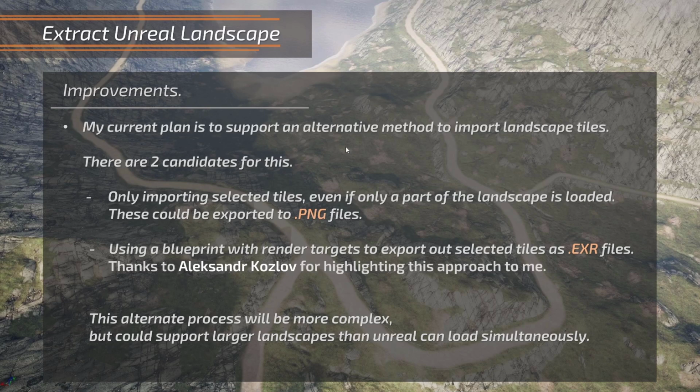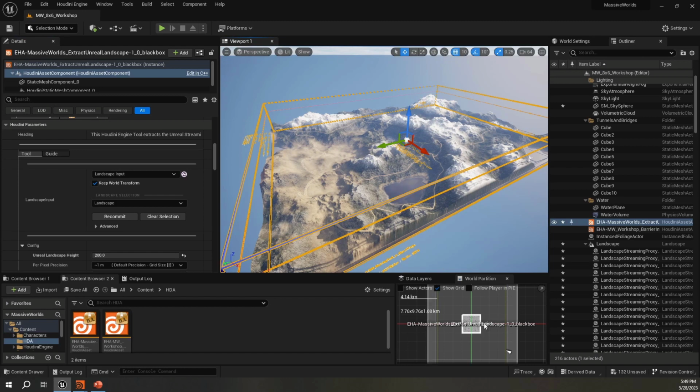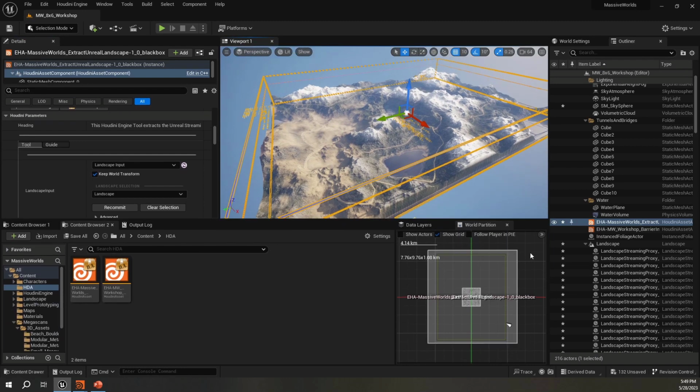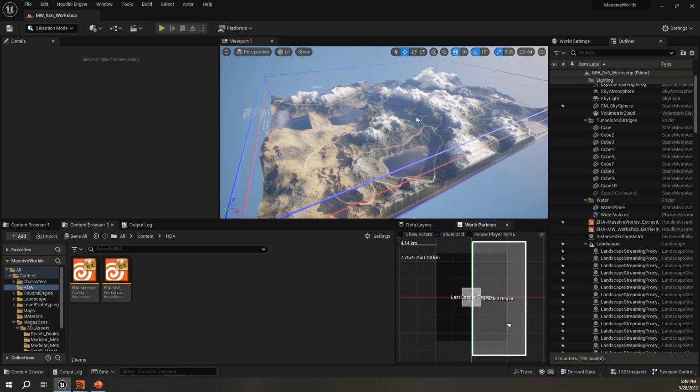My current plan is to support an alternative method to import landscape tiles, right? So there's, like I said, 2 candidates for this. The first one is for me to import only a selection of the tiles, so only loading a subset of our landscape streaming proxies. So right now I have everything loaded, but I could go and maybe only load this region, unload that section, and then